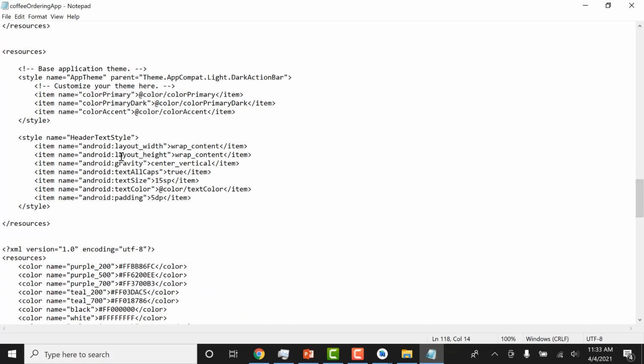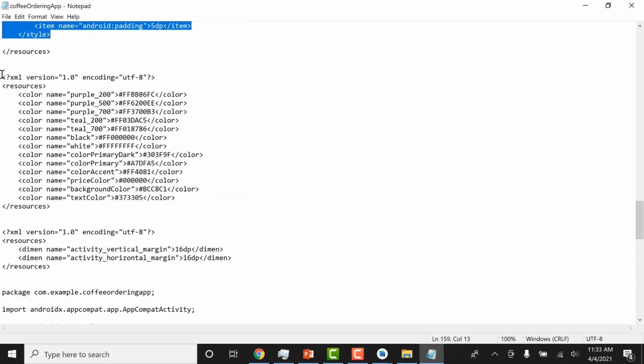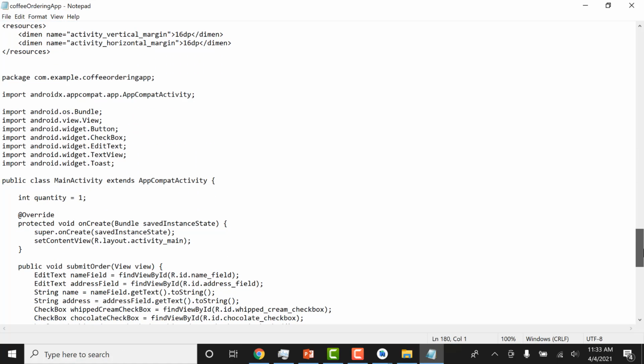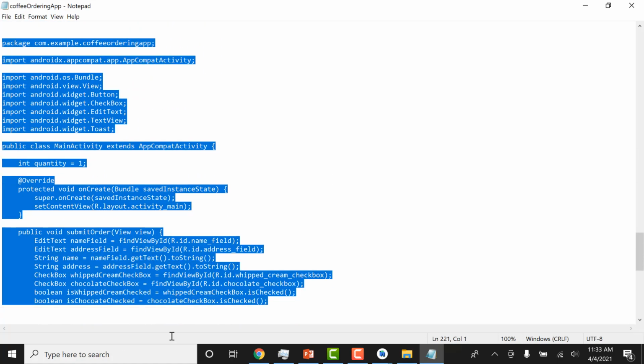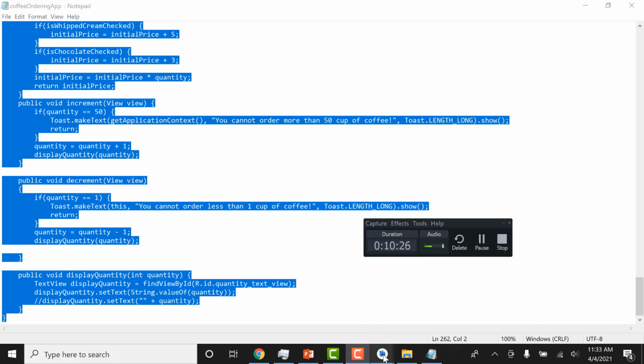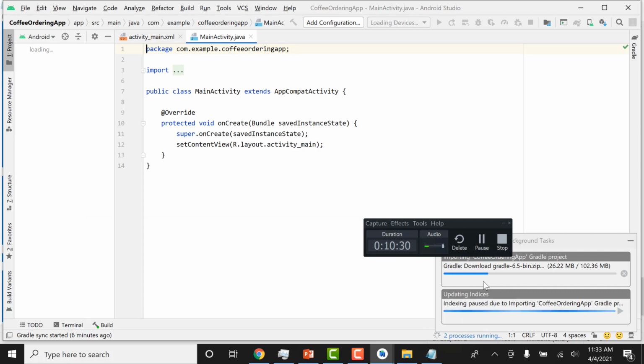we have the style. This is our own built-in style that we can use in our app, and this is the default style. And we can come down and we can see that we have colors, we have dimensions, and then you can see that this is our main activity.java file. We discussed this coding part in the class. I'm going to leave it here because our Android program is not ready, because it is downloading some necessary files.